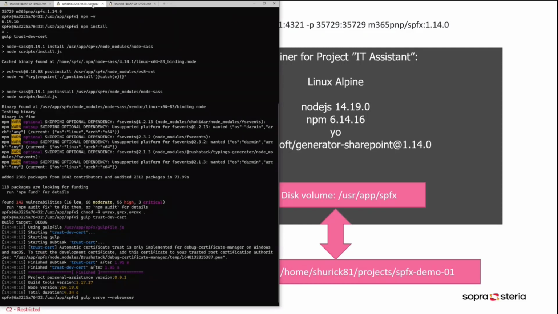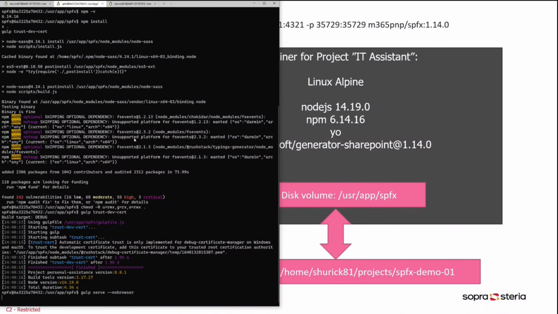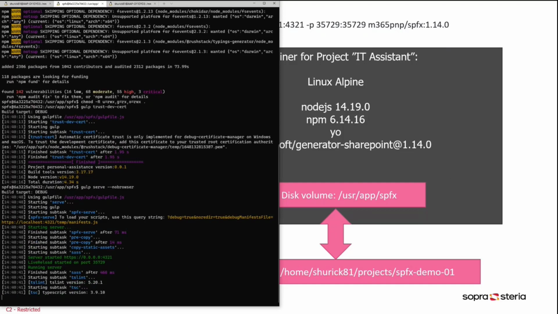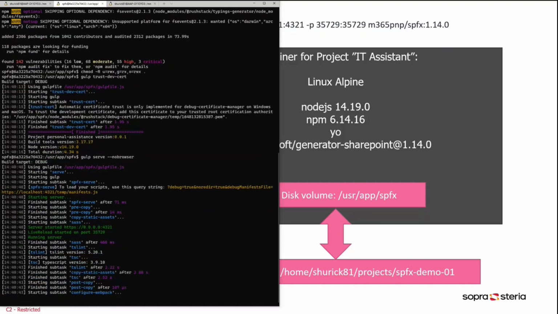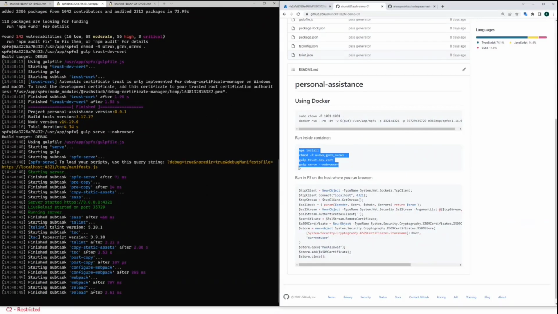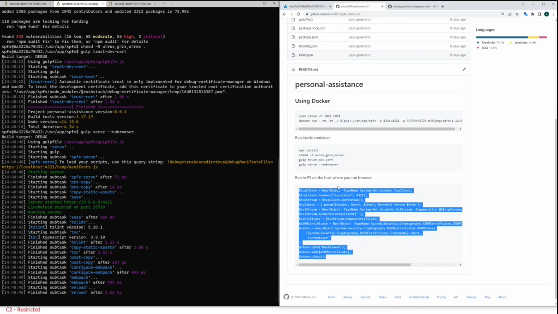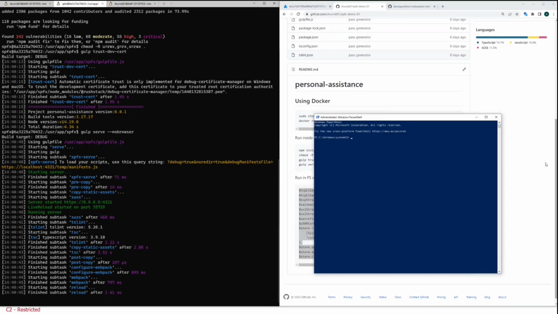So it installed modules. It created an SSL certificate. Now I need to run gulp serve. The only thing remaining is that the certificate was created inside this virtual environment. But since I will be using a browser on my real laptop, I will run this snippet and install the certificate on my laptop.